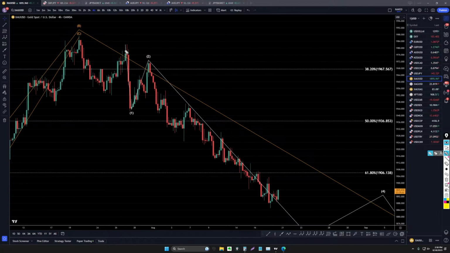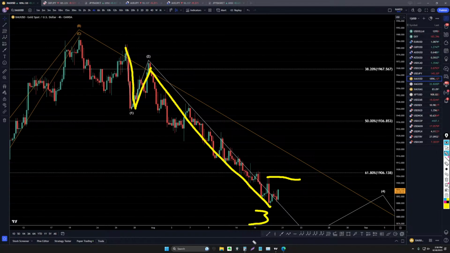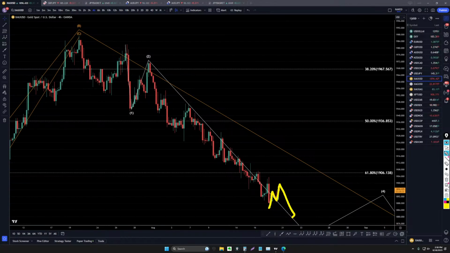So anyways, on the 4 hour time frame, it looks like a 1, 2, and I still think this is all a wave 3. I would have to see a break of structure above here, a nice clear break, before I would even remotely believe that this wave 3 is over. I mean, this very easily could make another lower high and could just turn down again. It actually might even be likely, especially with the fact that